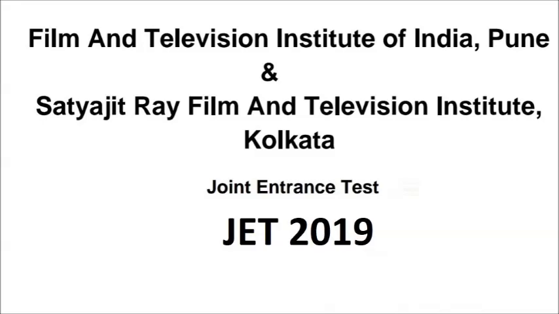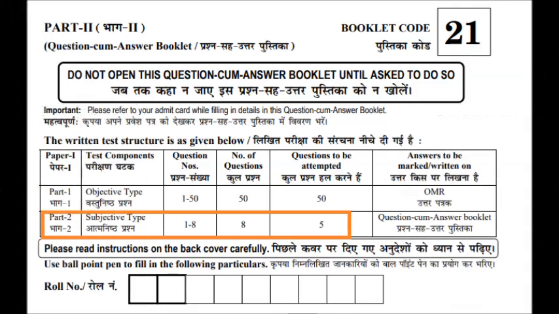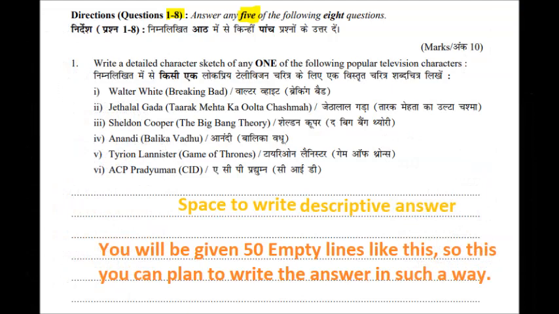Let us start with the 2018 question paper. Note that this joint entrance test was introduced only in 2018, and before that they had a different model of question paper. As we discussed in our previous video, we will have two sections. Section 1 is of objective questions and Section 2 will have descriptive questions. Section 2 is the important section which will differentiate your abilities from other candidates, so we'll look at it first. In this section you will be given 8 questions, out of which you have to attempt 5 of them. Each question carries 10 marks.